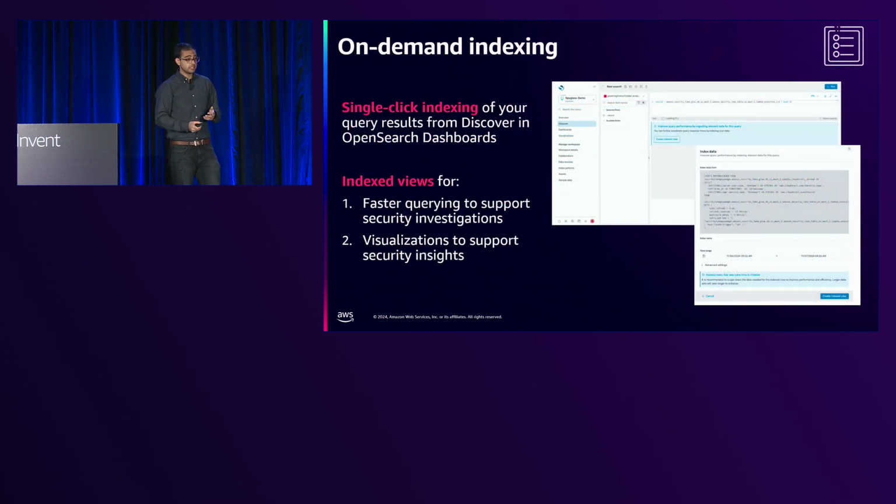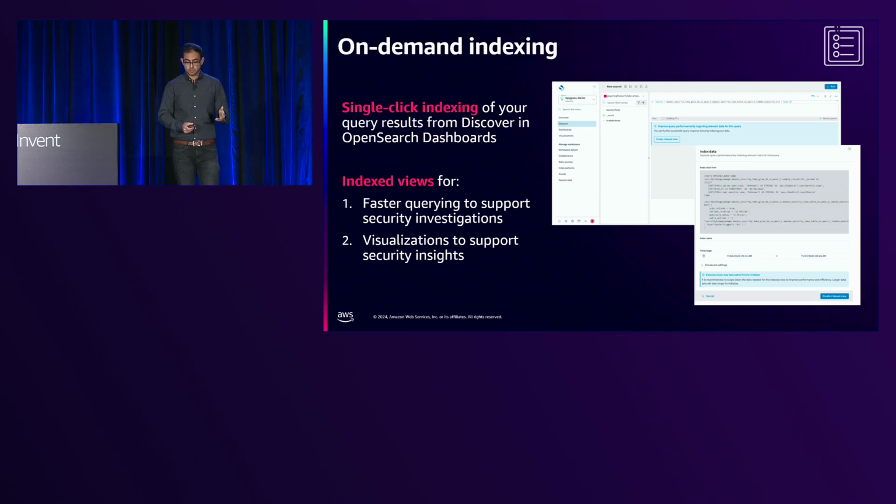With on-demand indexing, you don't have to worry about slow query times over time. If there's something that you want quickly, repetitively accessed, you can create an on-demand index. For example, if you're doing a security investigation for a GuardDuty finding on an EC2 instance and want to